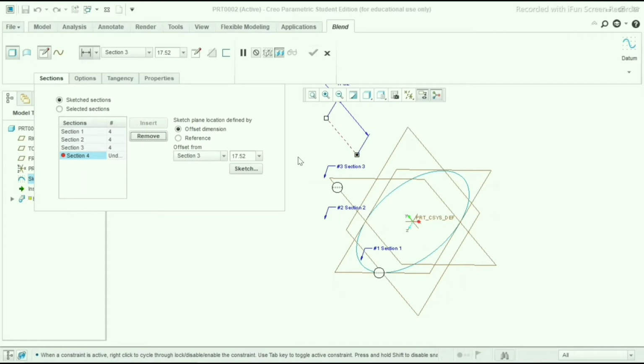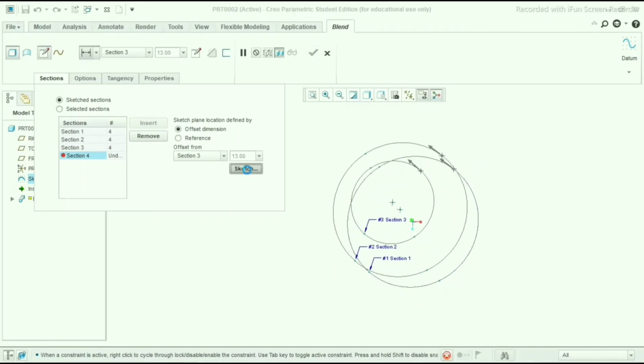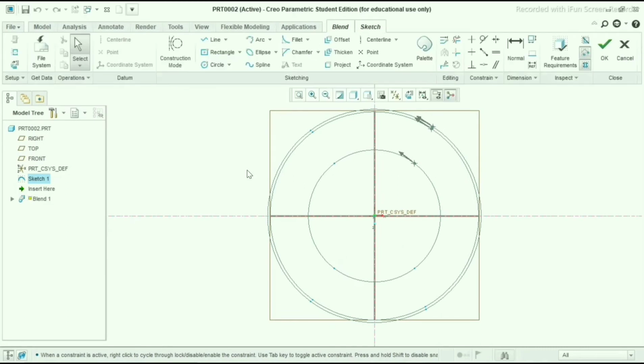We have to make another height, so make it 13 mm and select sketch. Same as before, but this time we will make a rectangle. So I will choose center rectangle, make it from the origin point and press the middle mouse button.